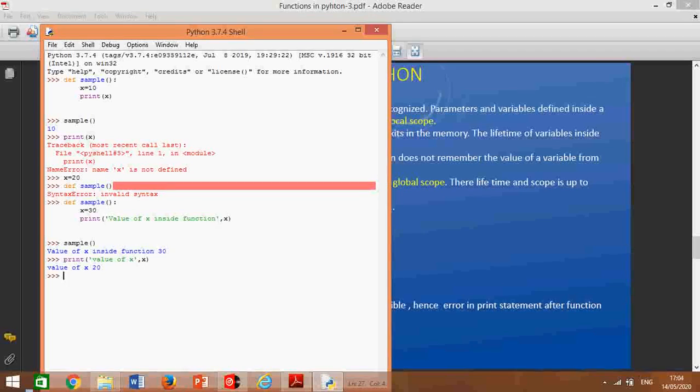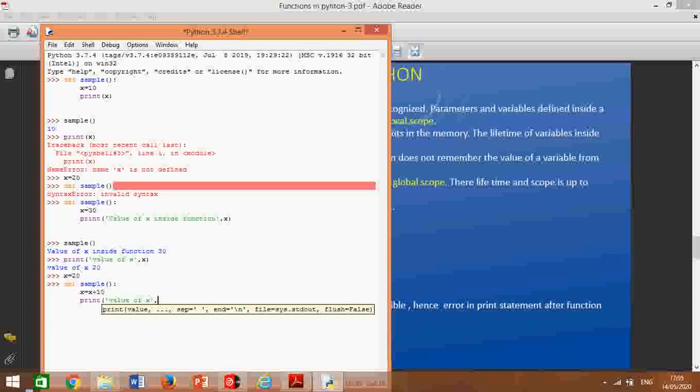Let us take one more example here. x is equal to 20, def sample, x equal to x plus 10, print value of x.